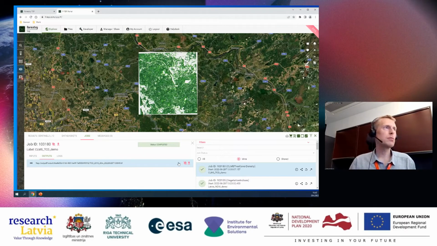Do most of you have some tree cover density now? Let's check. Something is going on. My result is black color.